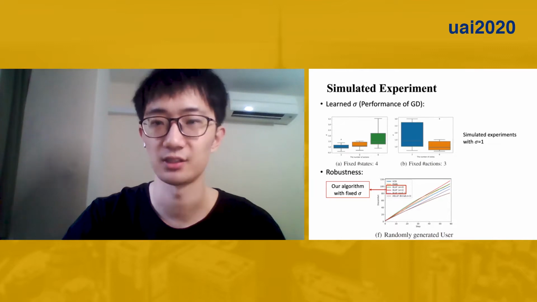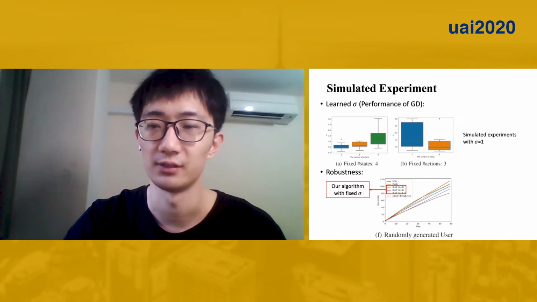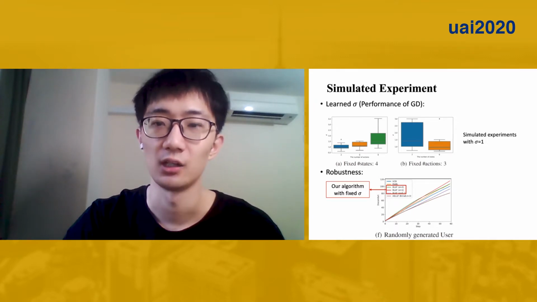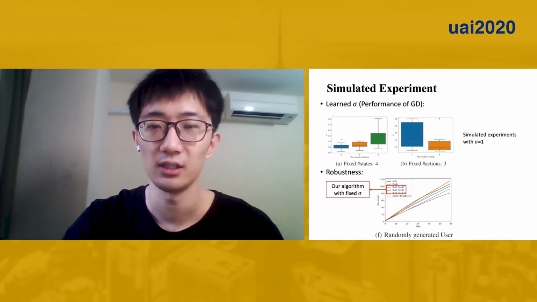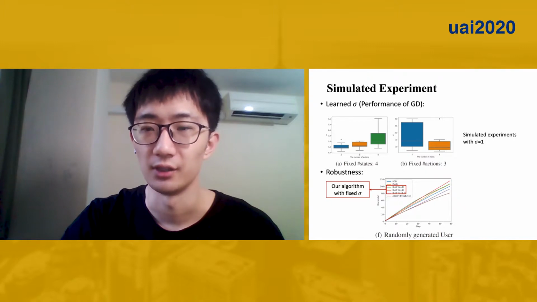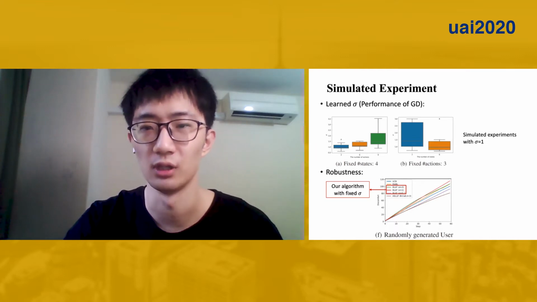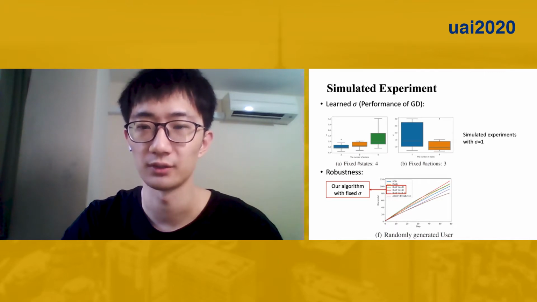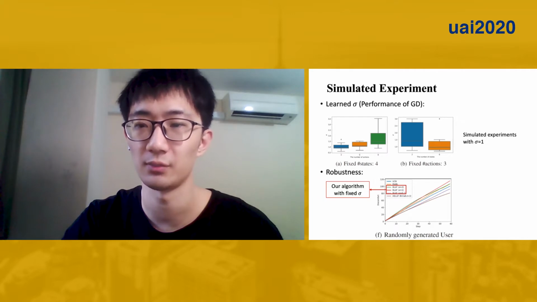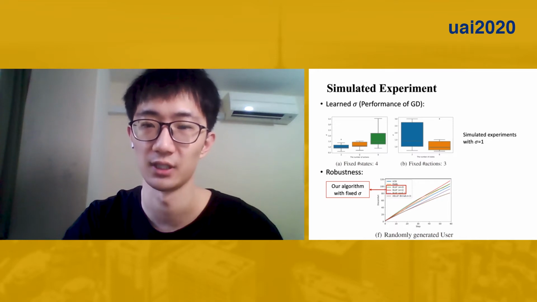We also conduct simulated experiments to show the performance of the GD method when sigma equals 1. Our algorithm can learn the value of sigma with enough steps. The only exception is the situation where the number of actions is 3 and the number of states is 2, which is very simple. Our algorithm converges to the optimal policy quickly and then the experiment ends. Thus, we do not have enough data to obtain the true value of sigma.